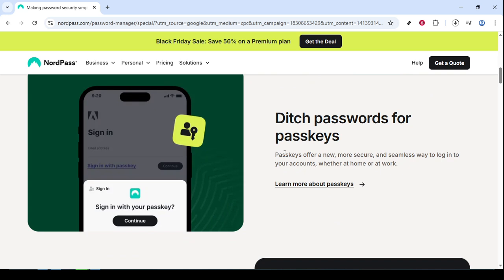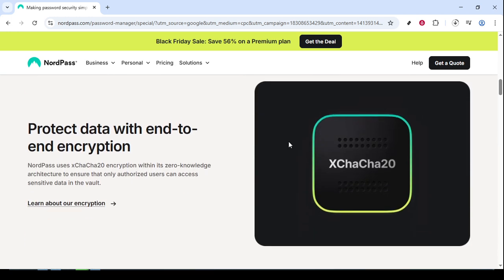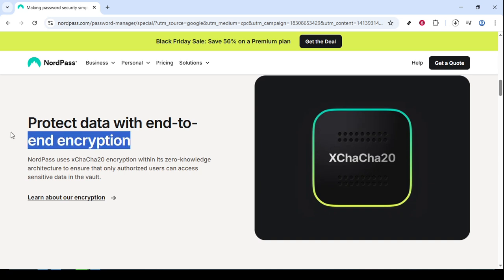safe. Consider the option to ditch passwords for passkeys. This feature is on the frontier of password technology, where you can use passkey technology to log into accounts, providing an extra layer of security and ease. Finally, take a moment to understand how NordPass protects data with end-to-end encryption. This means your data is encrypted and remains inaccessible to anyone outside of your trusted devices. This step is crucial in today's digital age, providing peace of mind knowing your information is wrapped in the highest